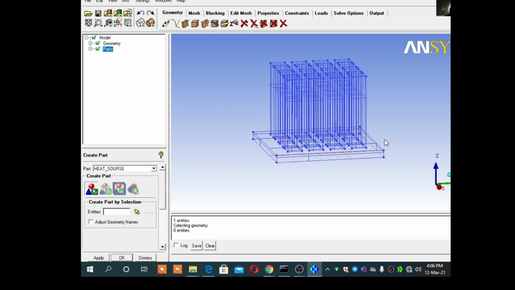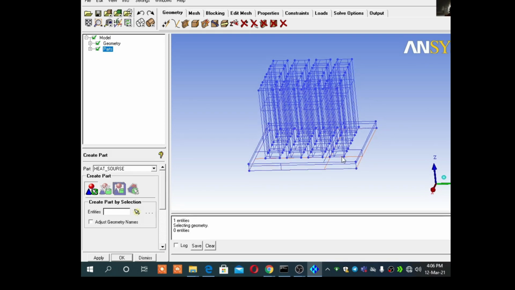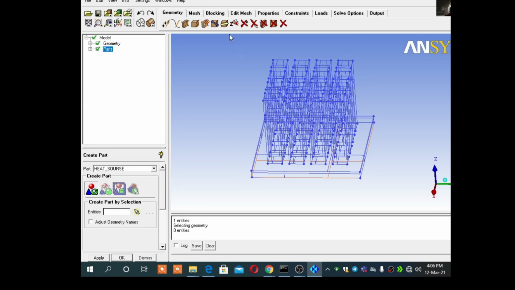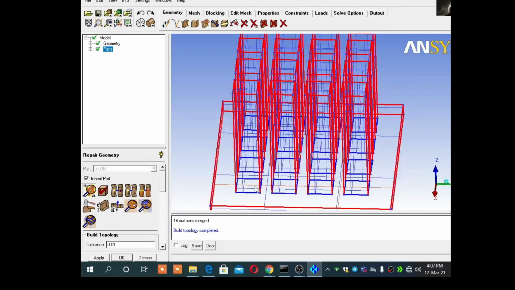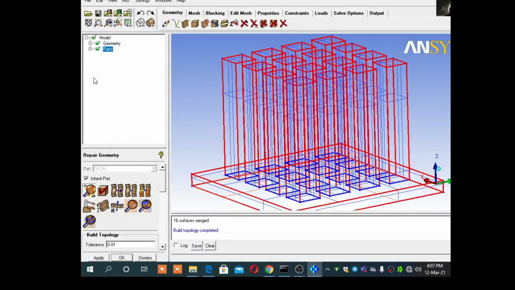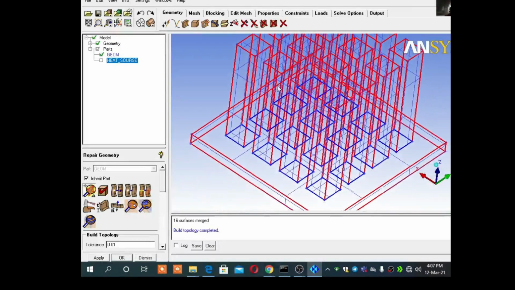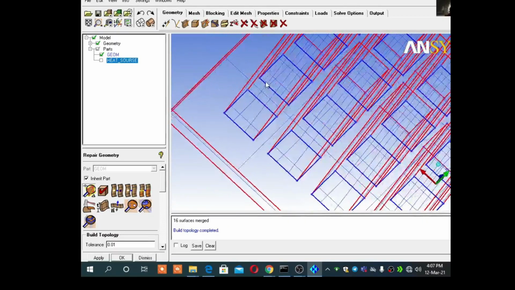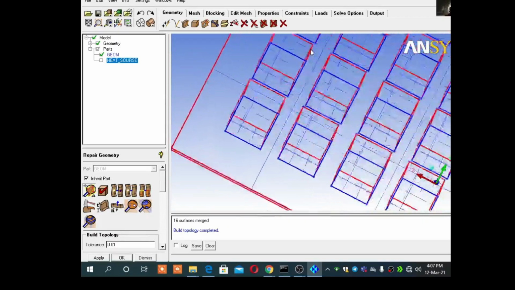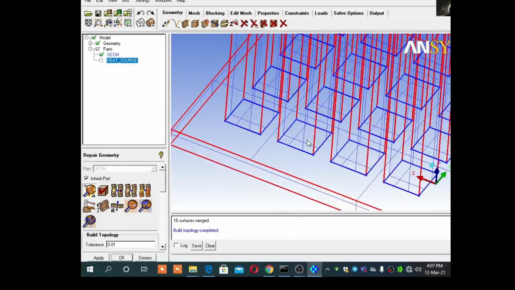Yes, then I will say build topology before that. This build topology helps us to remove the unrequired surface. Now you can see I am assuming that the material of the base plate and the material of the fin are the same.